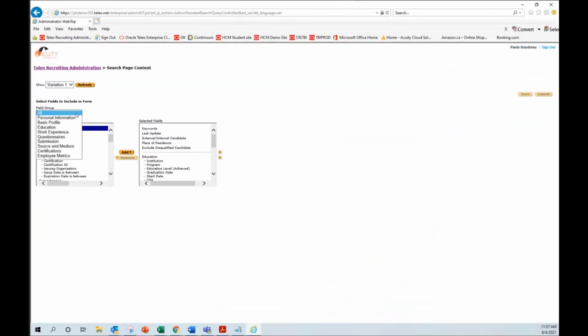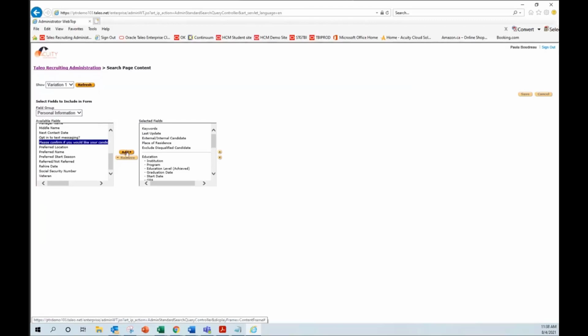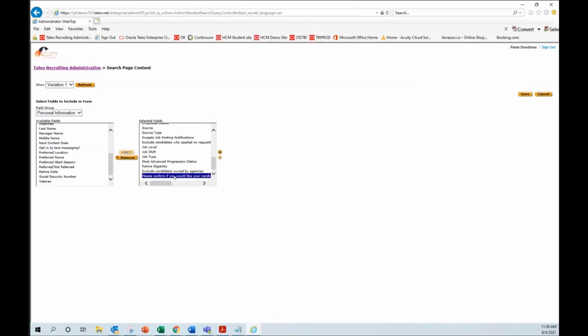I can use my groups, which makes it a little bit easier to see the different ones. As I'm scrolling down, I can take a look to see what are some of the fields that are not in my selected list that I may want to have displayable to be used in a search. So I'm just going to enter one of them. I would just add it, and I can also move fields into different sections by using these arrows. So take a look at the basic profile,